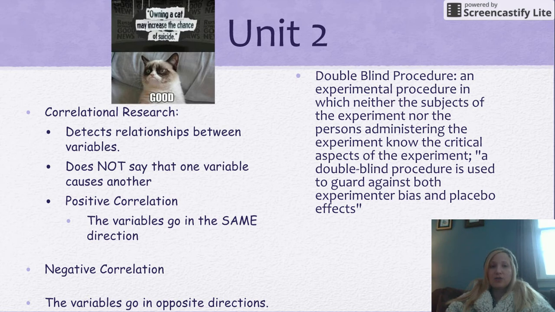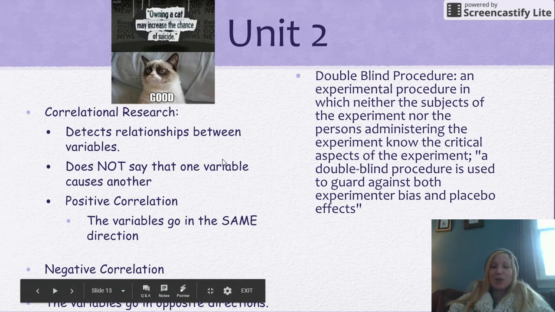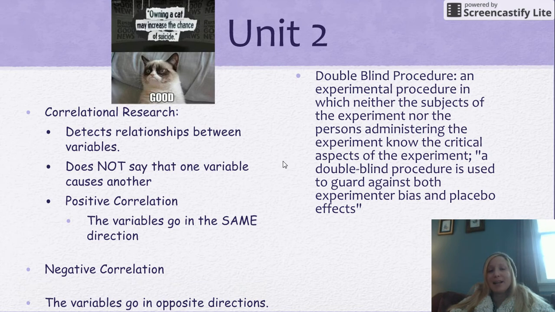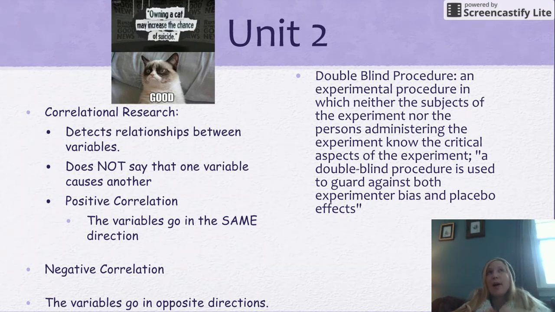Okay, correlational research. Correlation does not equal causation, right? So it detects a relationship between two variables. It does not say that one causes the other. If we see something as a positive correlation, remember a perfect positive correlation has an R value of +1. This means the variables go in the same direction. So as drug use goes up,